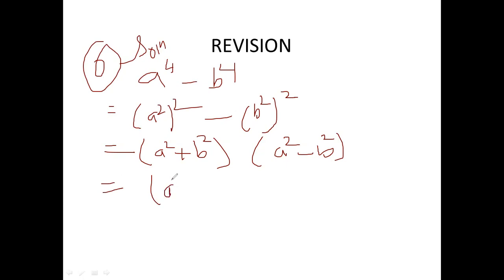Here you write a square plus b square, and what will be the next one here? a square plus b square, then a plus b, one factor, and another factor is here a minus b. Okay, Celine, you are telling correct. I am asking Sarah now. Hello, Sarah, are you listening to me? Yes, sir.